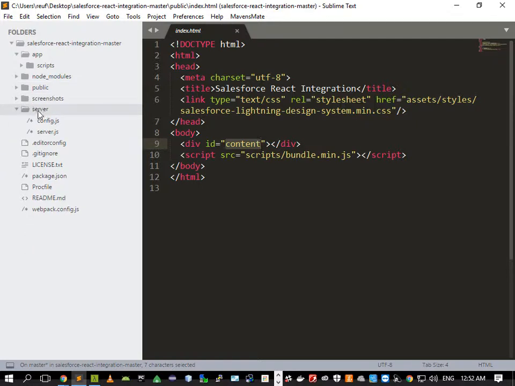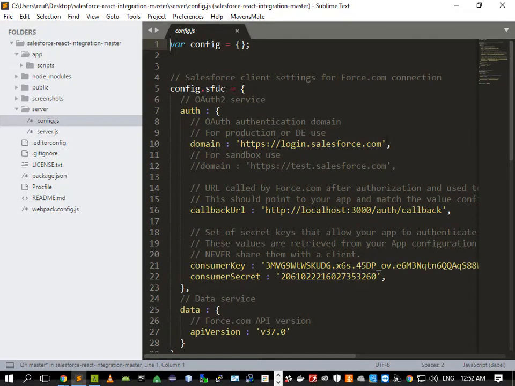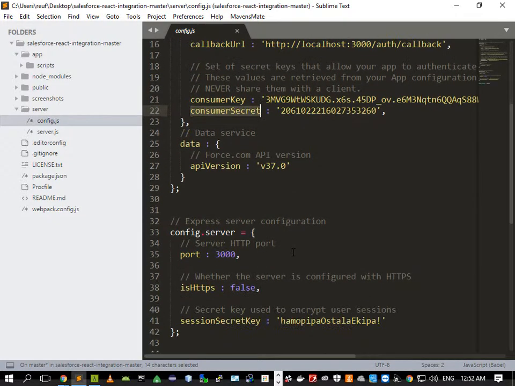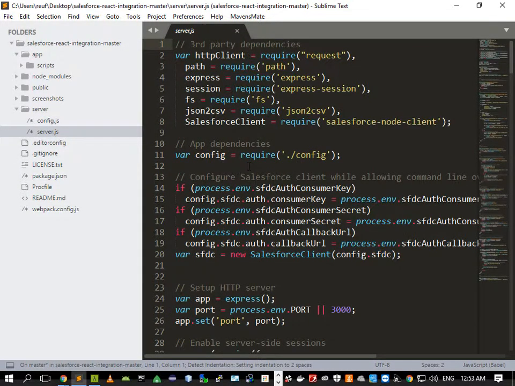The server-side part of the code contains the config. In the config, you specify the login, the callback URL that you specified in the connected app that you created in your Salesforce organization, and also the consumer key and consumer secret, and this is used for OAuth authentication and passing of the requests. You also specify on which port the server will run, and whether HTTPS is going to be used. The session secret key. The server-side code basically invokes all the necessary modules,